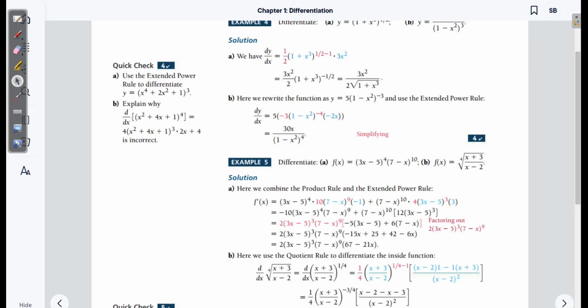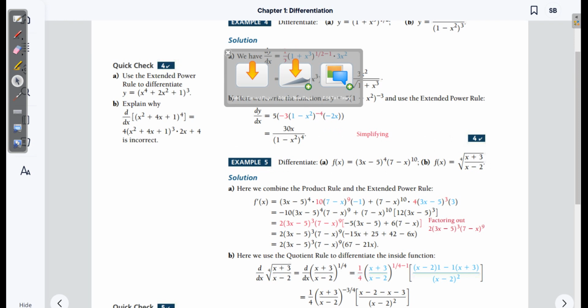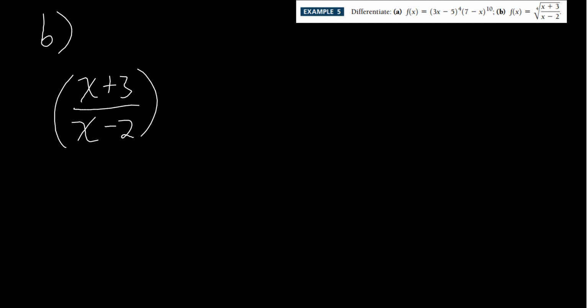But let's do B. All right. And B, well, I can't remember. I don't know if B is as tedious. It probably is. Division is always tedious. Division is always way worse. All right. So here we go. So keep in mind, let's just go ahead and rewrite it. So B, if I rewrote this, it's going to be x plus 3 over x minus 2, and that is all raised to the 1/4 power,